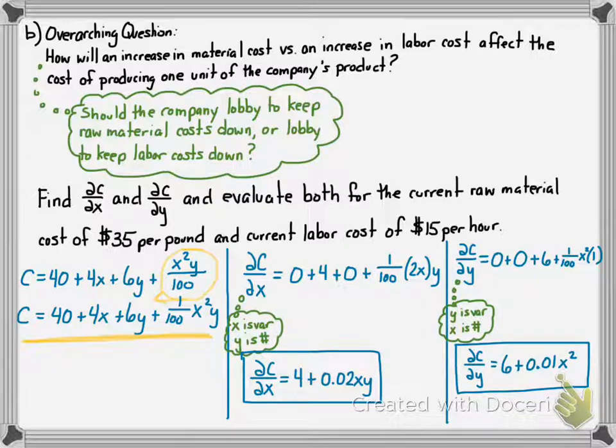Okay, so now we have both of our partial derivatives, and our job is to find the two partial derivatives and evaluate both for the current raw material cost of $35 per pound and the current labor cost of $15 per hour. So for each of these partial derivatives, we now want to plug in an x value of 35 because the raw material is our x value, and 15 for the y value because our y represents the current